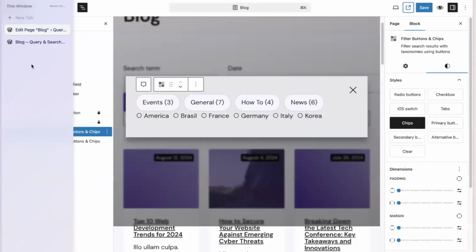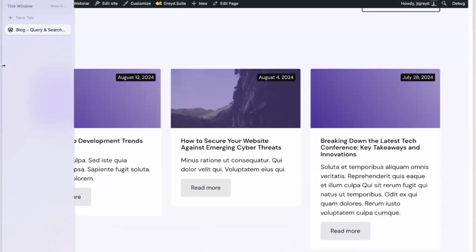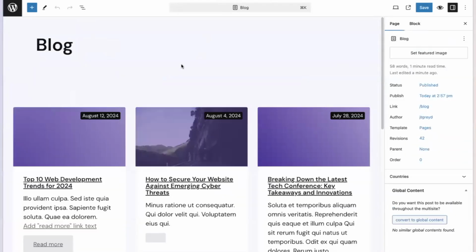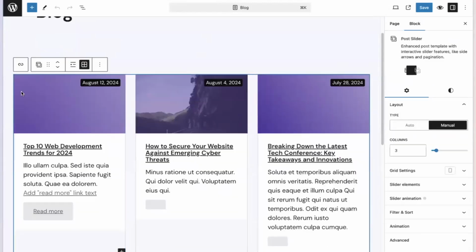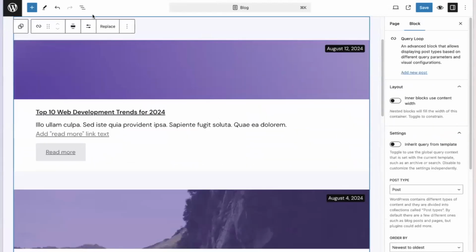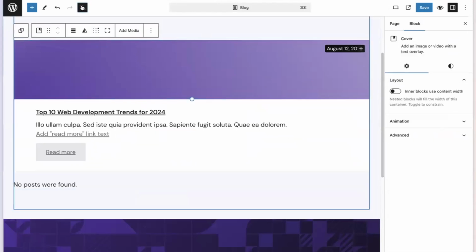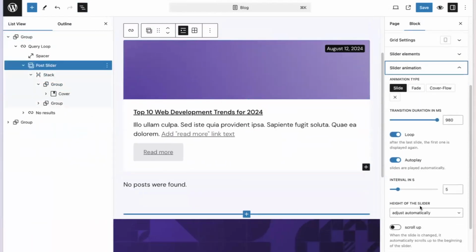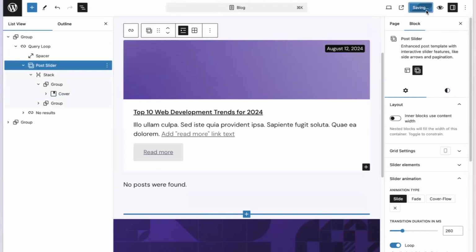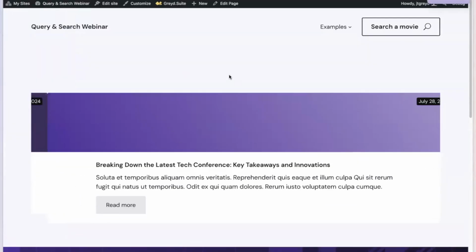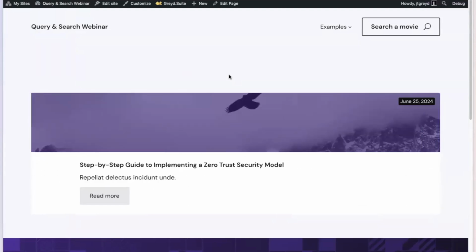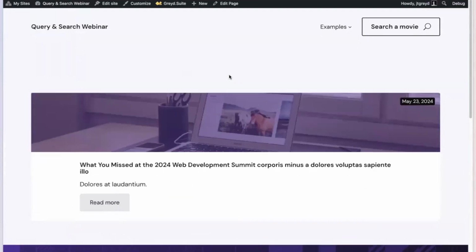A similar functionality: if you go in here and say, okay, we have one item per page, like I've built before, and then just go inside the slider block and make this interval like 1 second or something like this, and make the transition a lot quicker. Let's save this. This could be pretty similar to what you like to achieve, but you're always just seeing one item per page and not a constant movement, just this swap, swap, swap.